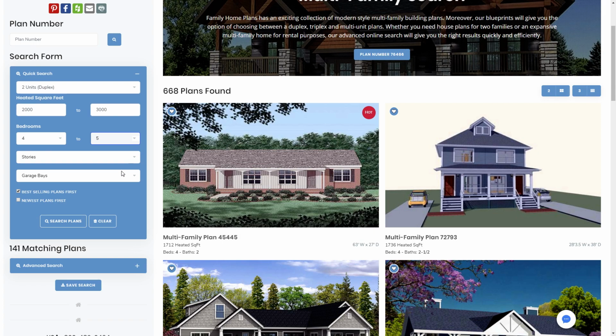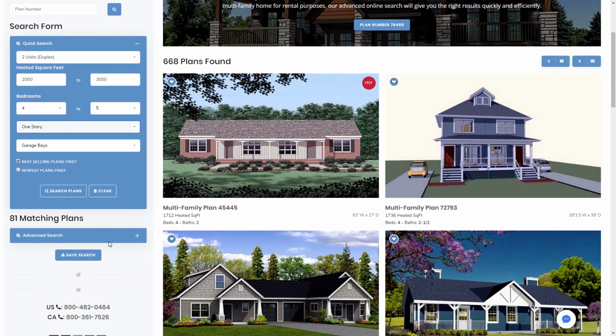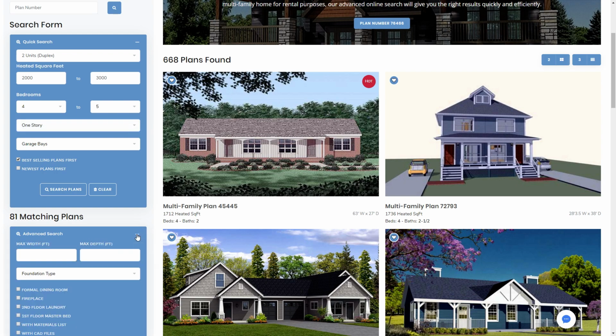Next, I can select if I want 1 story or 2 story or 3 stories. In this case, I'm just going to go with 1 story, and you can choose whether you want a garage. Now I have 81 plans to look at. This includes plans with a garage bay, so I'm going to leave the garage bays off at this point just to see what's available. If I needed to whittle it down even more, I can click on Advanced Search, and